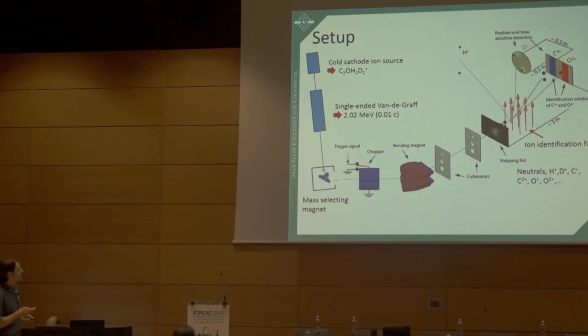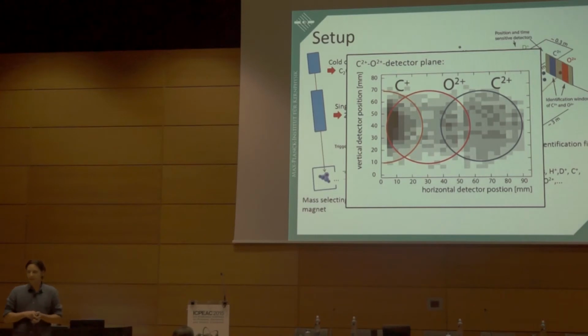here in this direction. And then we set the magnetic field in such a way that the H+ are actually guided here. We didn't detect them at all, and the D+ were solely guided here on this round detector, and then we had C2+ and O2+ here at very defined places on the rectangular detector, and we can then define identification windows to get information about the fragment.